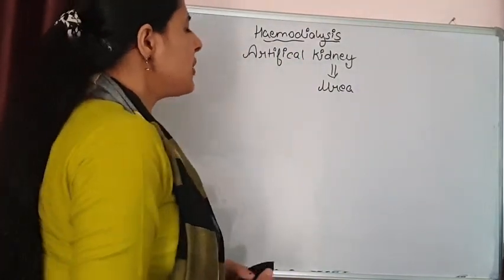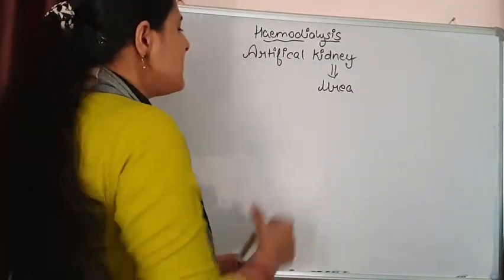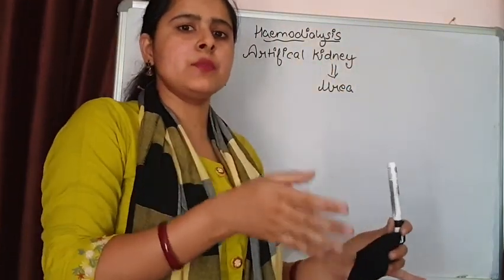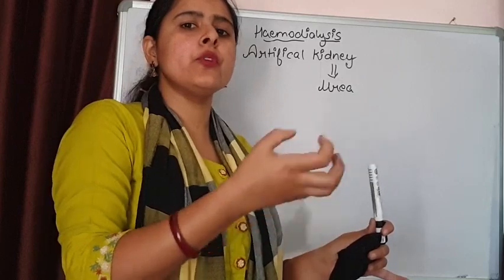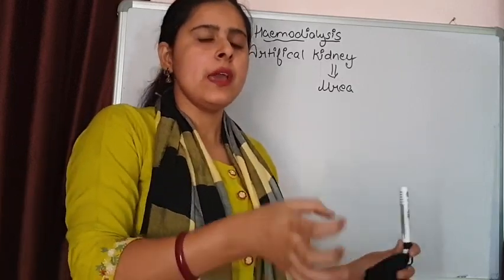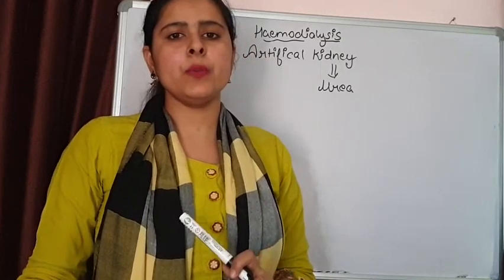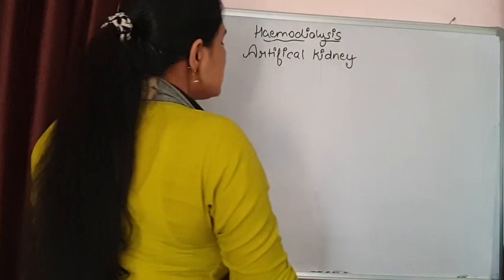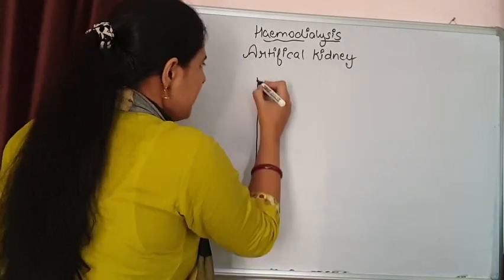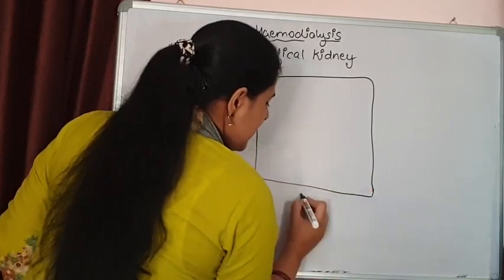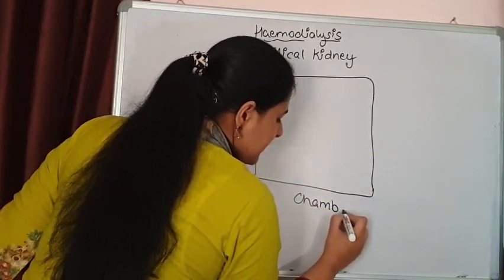Now what is this hemodialysis doing? Hemodialysis simply means there is a dialysing machine, and this dialysing machine is going to purify the blood. We insert impure blood into this machine, and pure blood comes out. How is this happening? Basically, this machine is composed of a chamber. That chamber is known as the dialysing chamber. This is a dialysing chamber.